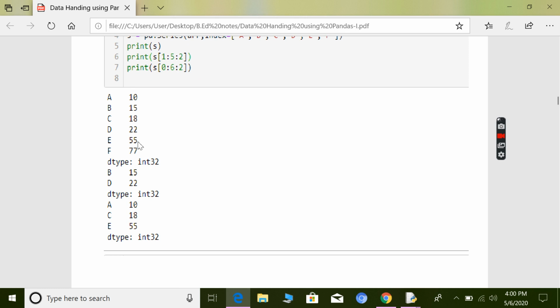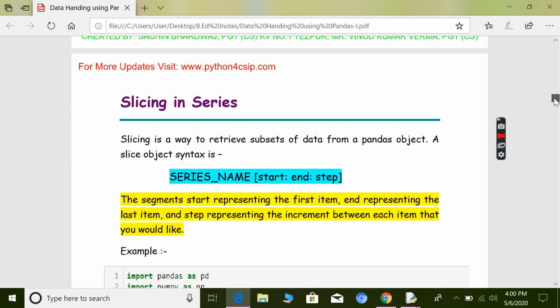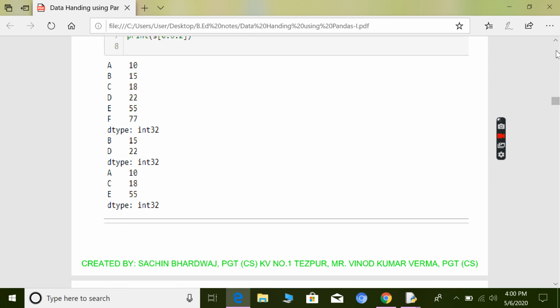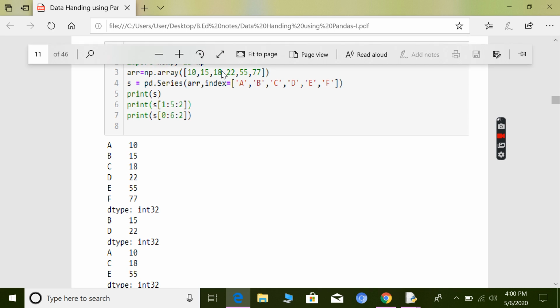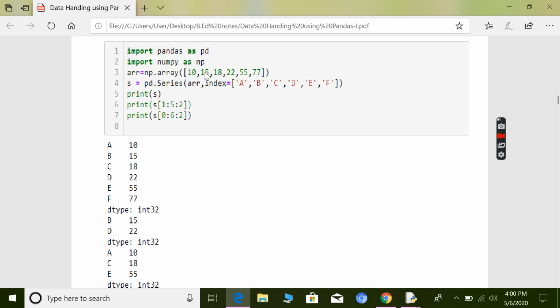row. Actually, according to the system it will be printed as a column, but here the thing will be like, you see here, this is 10, 15, 18, this is a one-dimensional array, right?